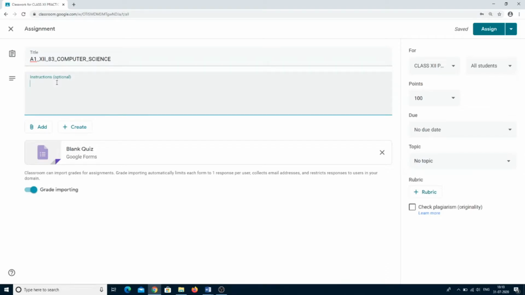We can provide the same instructions: maximum marks, exam date, timings, and any other instructions if you want.